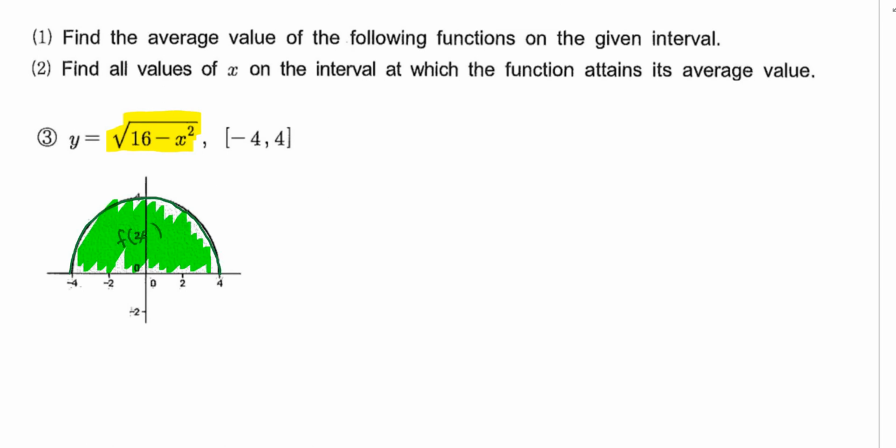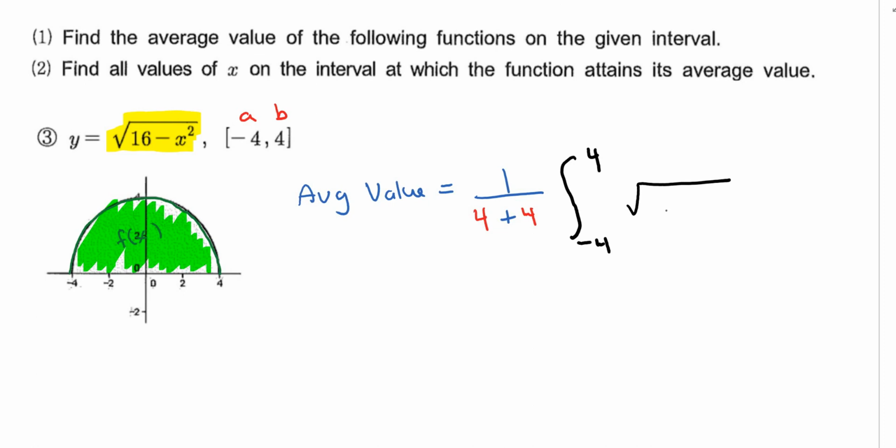So if I want to find the average value, I can write down: average value equals 1 over b minus a. Now a is negative 4 and b is 4, so b minus a is going to be 4 plus 4. And then I'm going to take the integral from a to b, which is from negative 4 to 4, of the expression root 16 minus x squared